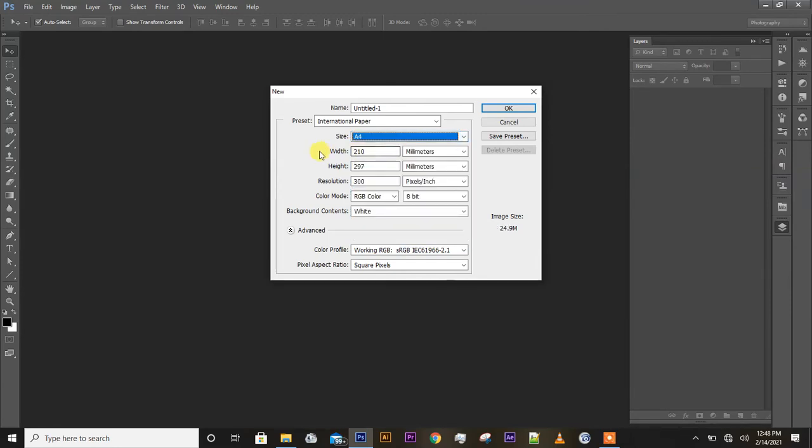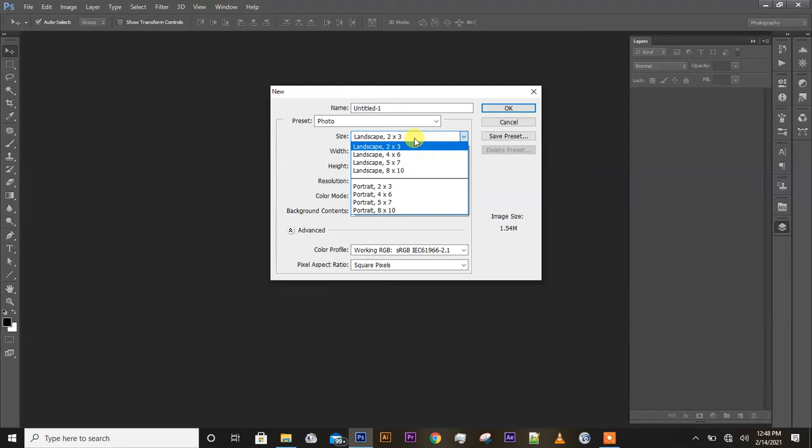And if you decide that you want to set your width or your height, maybe you want your width to be bigger than your height, well, you can do that after you've created a document by simply flipping the document, and I'll show you that once I've created the work area. You can also select photo. You can see from the photo drop down, you can choose a size. You can see 8 by 10, 5 by 7, 4 by 6, 2 by 3. You can see other sizes here. Landscape basically means that the width is wider than the height. Portrait simply means that the height is more than the width. That's simply what it means. All right,